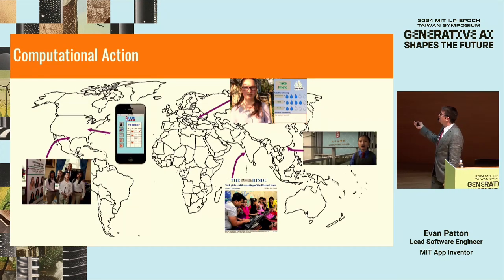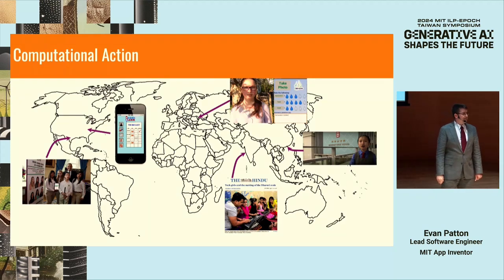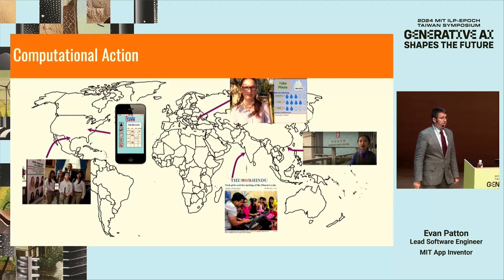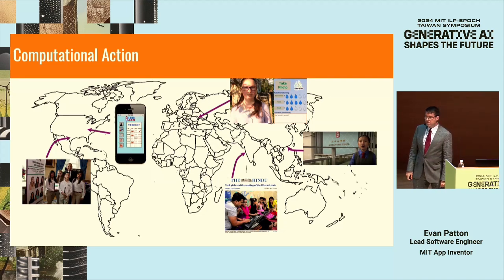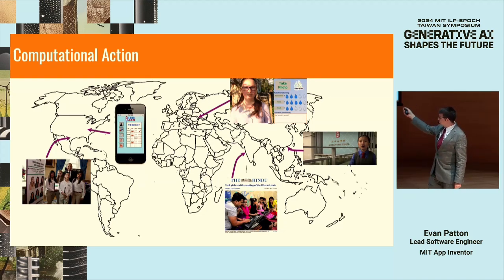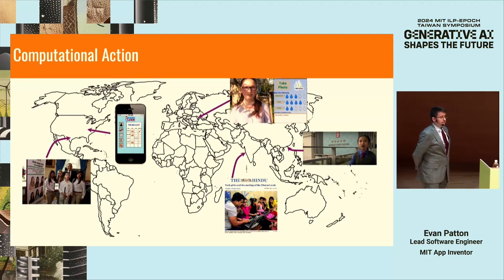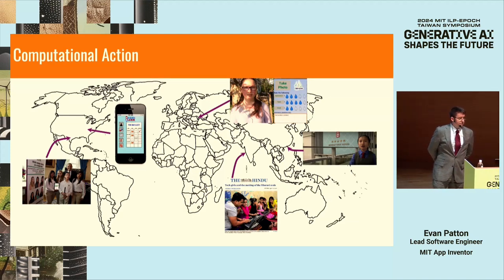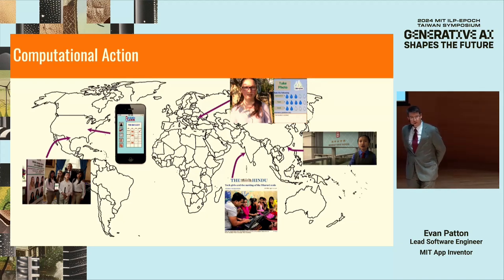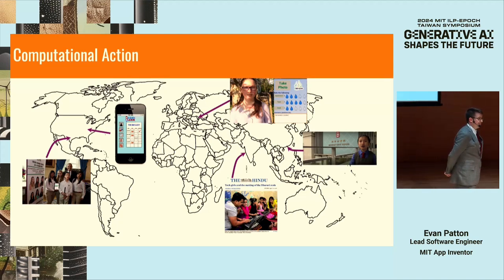And here's just a sense of some of the things that people have built. There was a team of students who made an app for a blind student to help him navigate his school. We've had students who made apps to help elderly grandparents who are suffering from Alzheimer's remember to take medications and other important pieces of information. And we've seen girls make apps to help track water quality or to help with scheduling time at the well to help out their families.